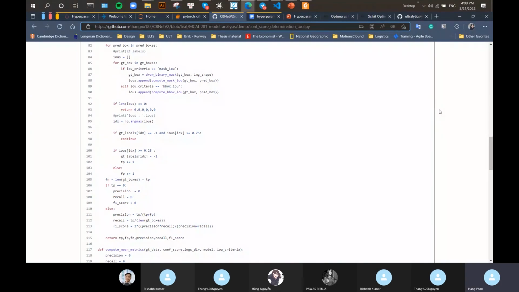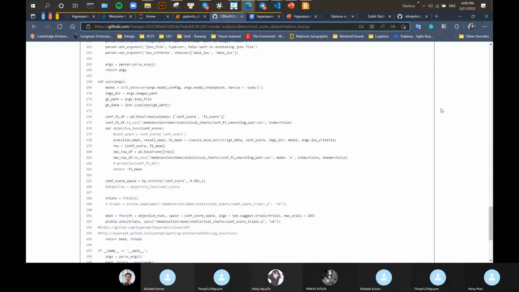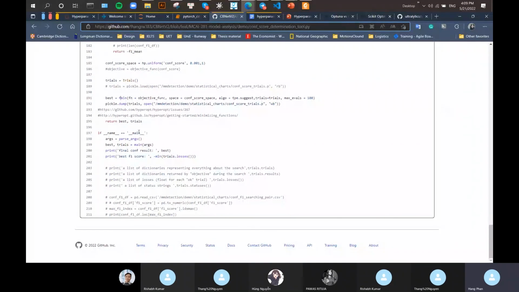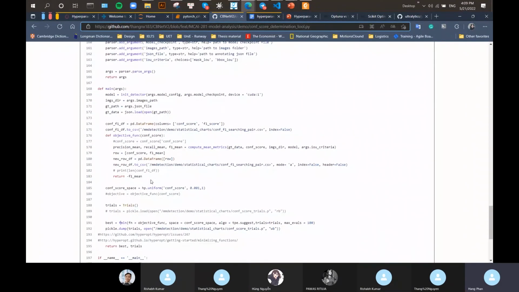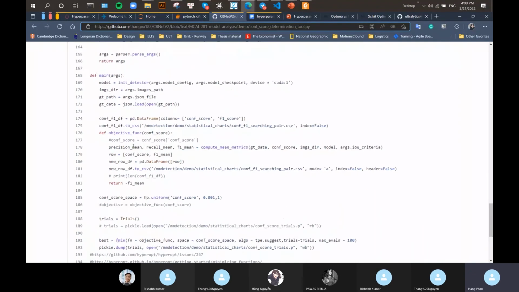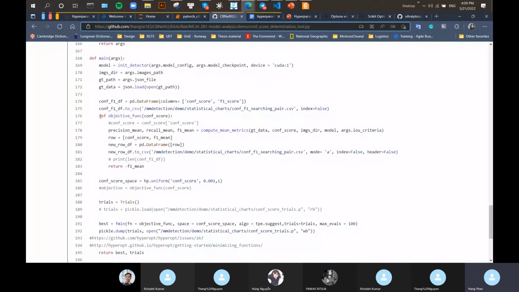So the application of hyperparameter optimization in this case is in the inference phase. Here I use the hyperopt library. The first thing I do is define an objective function. It will be the F mean score, and then I need to put the negative sign